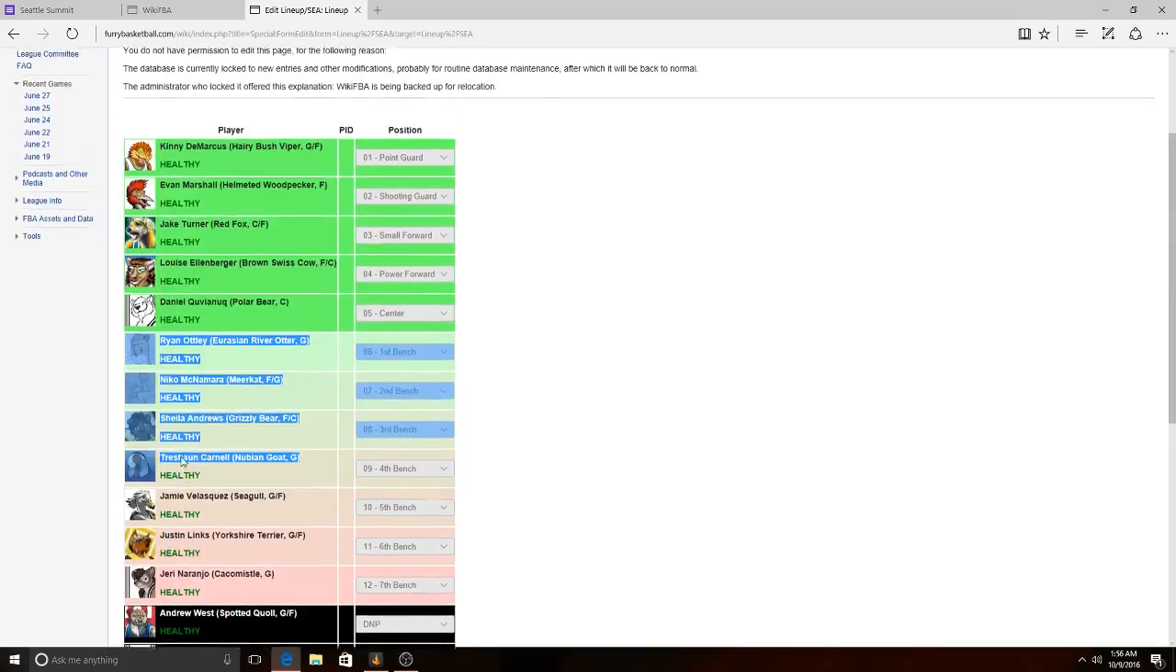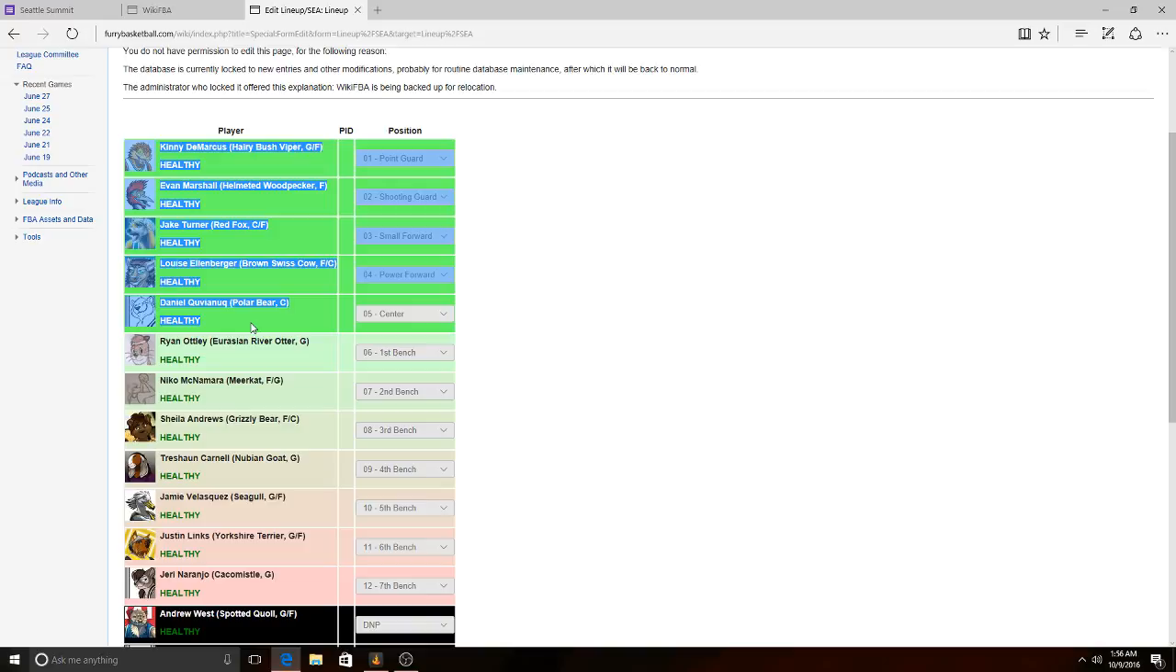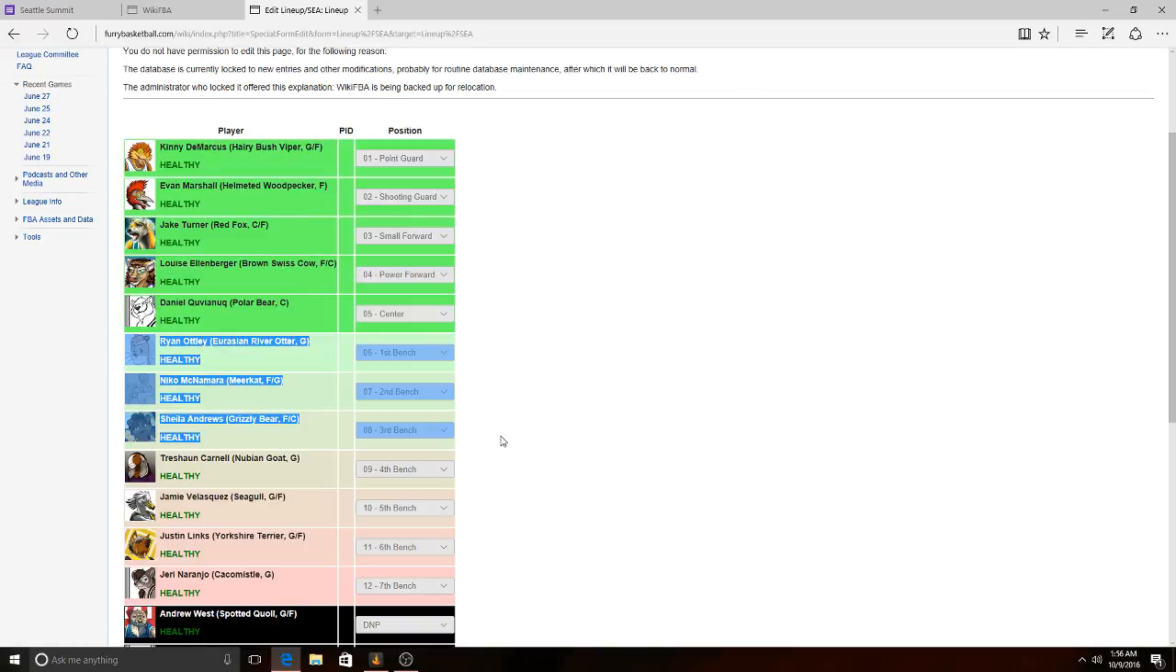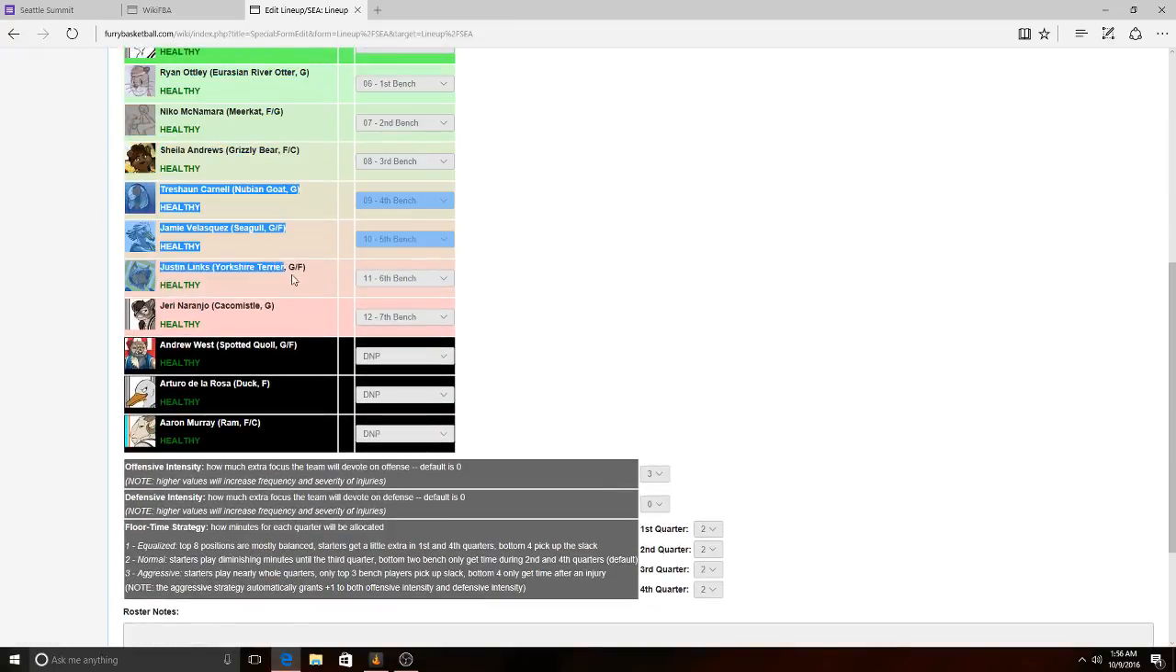Normal has the starters playing more, and then these 3 playing the second most, and then these 3 sort of getting whatever's left. And the main difference between equalize and normal is that on equalize, these 4 positions are considered to be equal. They will get the exact same minutes all 4 quarters. In normal,